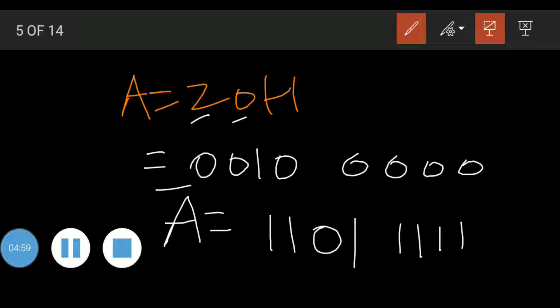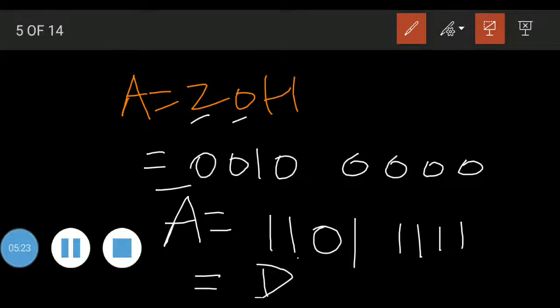Then we have to specify the content. So what will be the content here? 1101, that is D. Then 1111, it is 15. So in hexadecimal, how do we write 15?